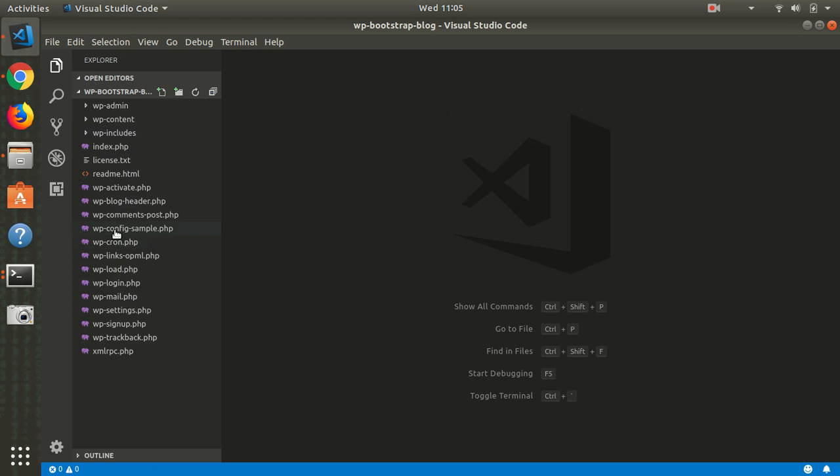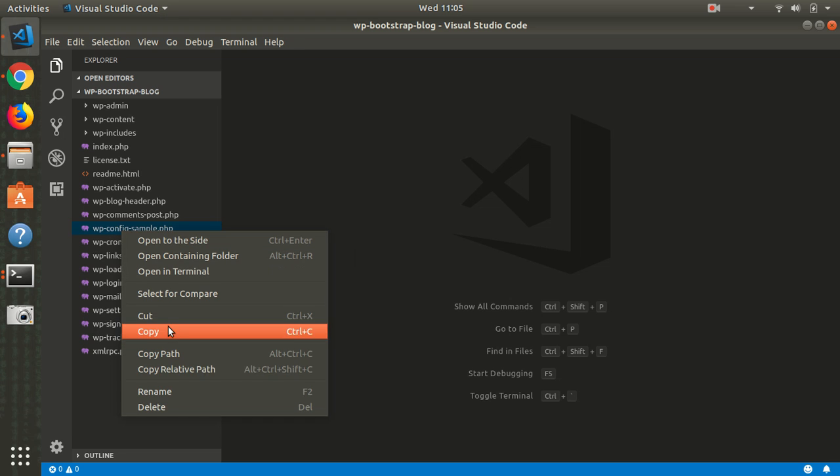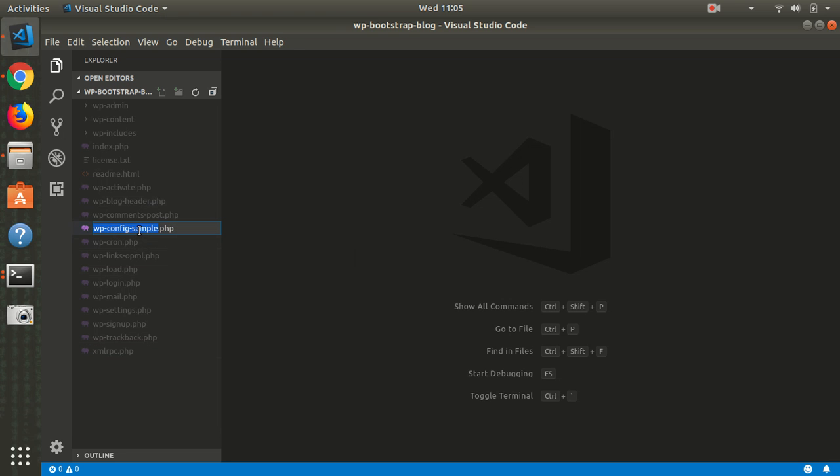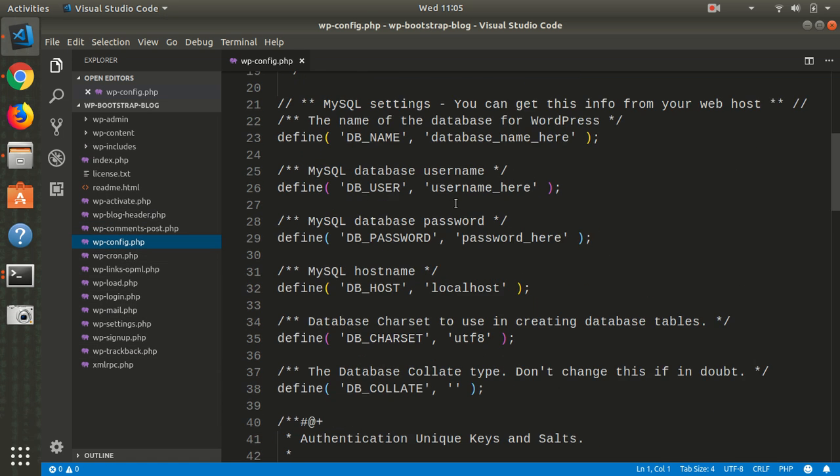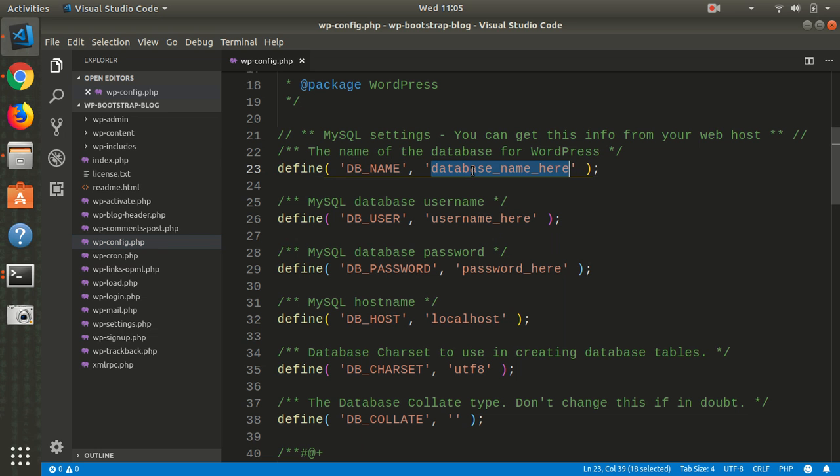Okay, so for this file, wp-config-sample, I will rename it to wp-config. Okay. And for the database name, I will type our new database. And for the username for your MySQL or for your phpMyAdmin, in my case it's root. And for the password, I don't have any password, so I will save that. Then I will jump into